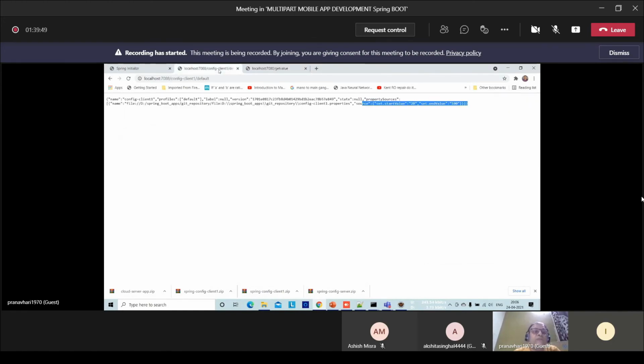Do you get the point why the server is able to get the data of the properties file if it is changed, but not the client? Because the server does not read any of the properties files from this cloud, from this Git repository, at the time of its launching.